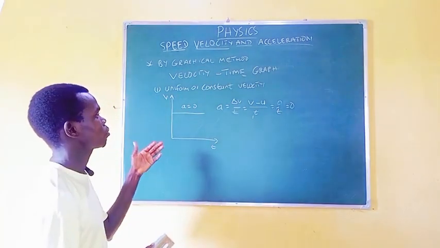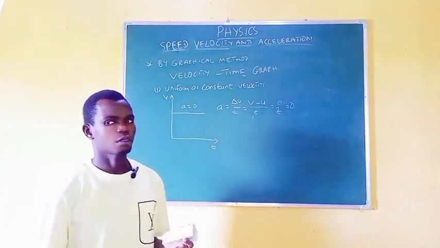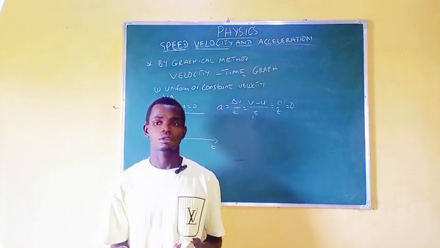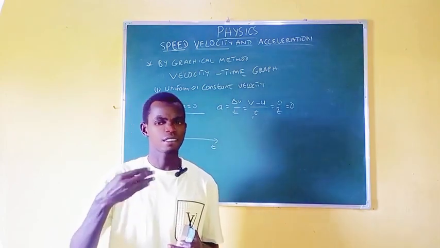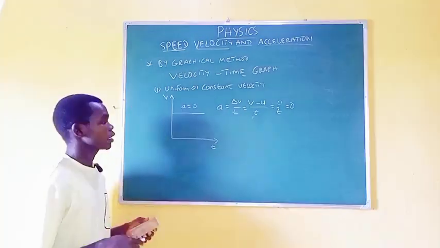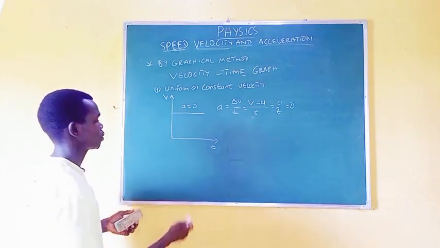This is for uniform or constant velocity. And what is uniform acceleration? We said that uniform acceleration can be defined as the motion of an object whose velocity increases by equal amount in equal time interval. And if we are to represent the uniform acceleration on the velocity time graph, we have